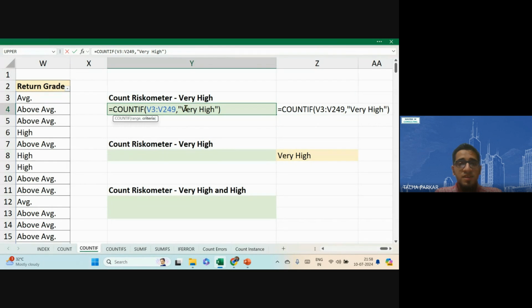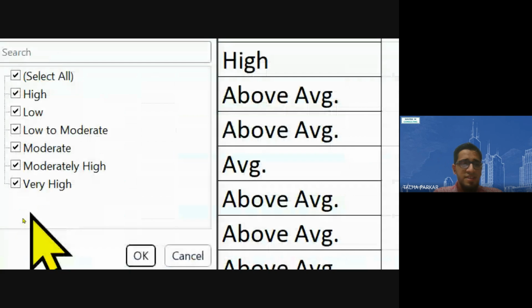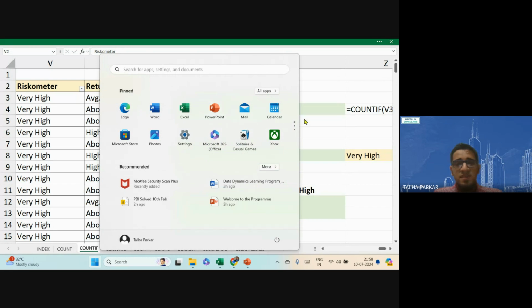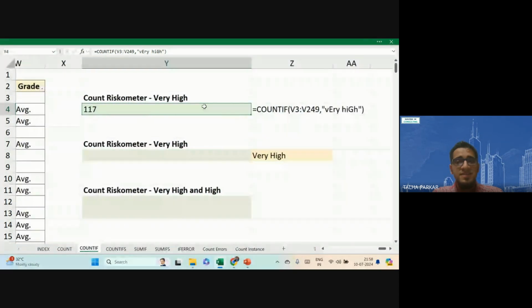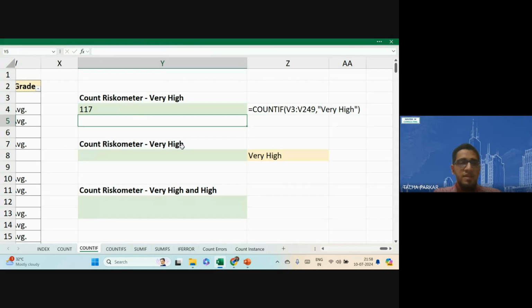Now remember Excel is case insensitive. तो अगर मैं very high यहाँ small में भी लिखता हूँ तो मुझे answer आएगा, जबकि उस column में very high जो है, it is mentioned only in caps, right? The first letter is in uppercase in both the words, but in the formula if I write it in any format for some reason, ठीक है, Excel will still be able to give me the output because Excel is case insensitive. Remember that Excel by default is case insensitive. अभी के लिए I'll just write it in normal format, ठीक है।